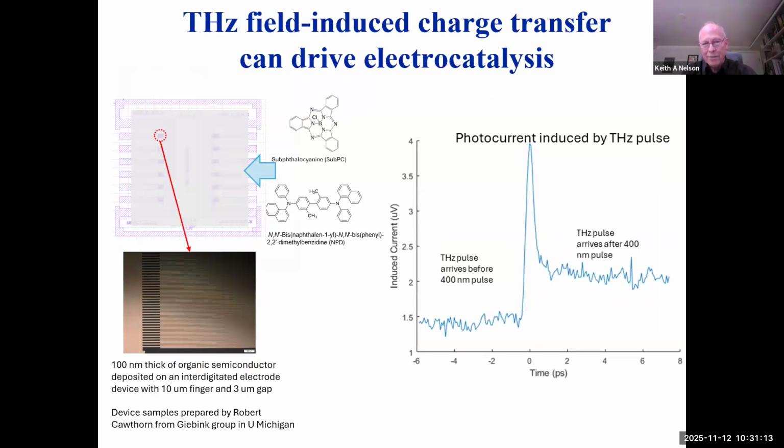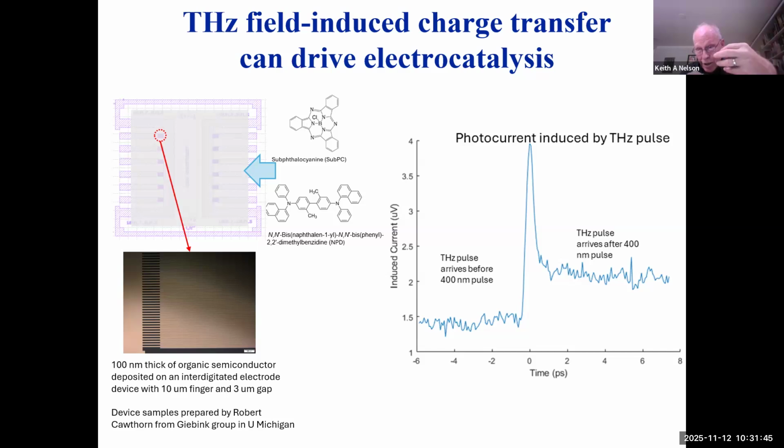And here's a more molecular type example. This is a kind of prototype for electrocatalysis in a general sense. This is really just a photoconductive circuit with organic moieties coated on top. And now optical light comes and makes electronic excited states in the molecules. But those are bound states, so there's not a lot of photocurrent that's generated that way until the terahertz pulse